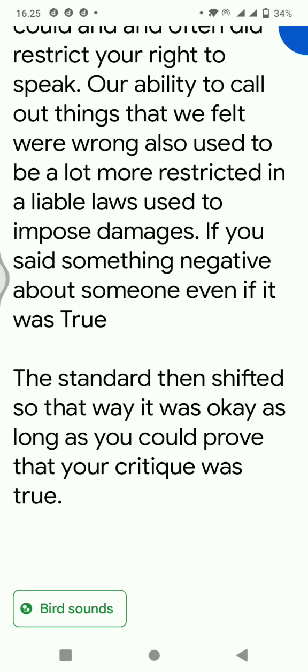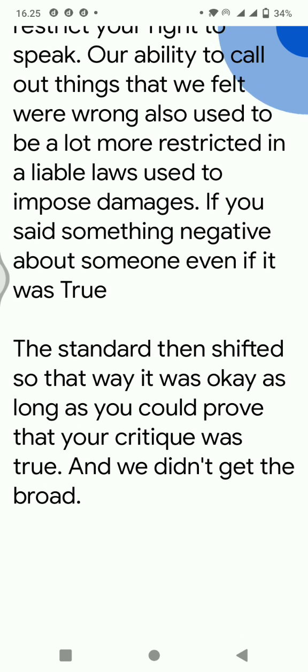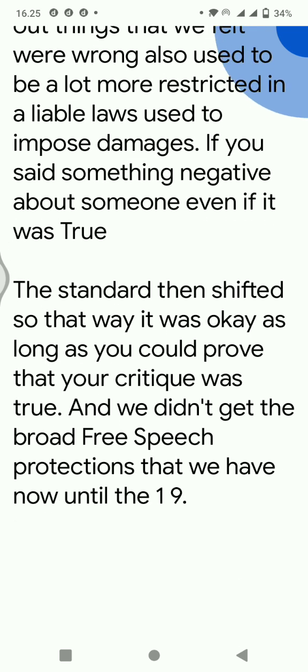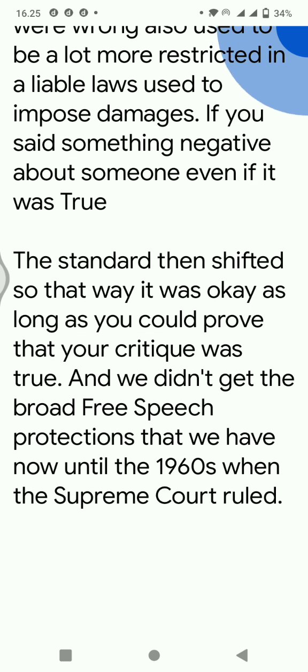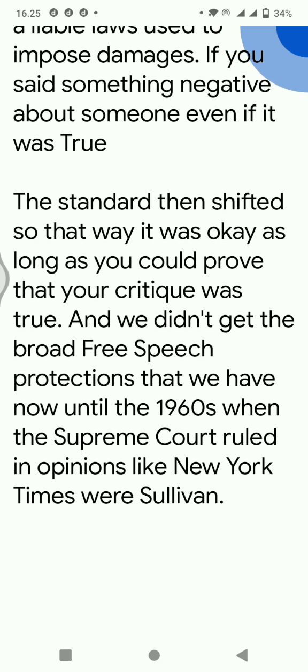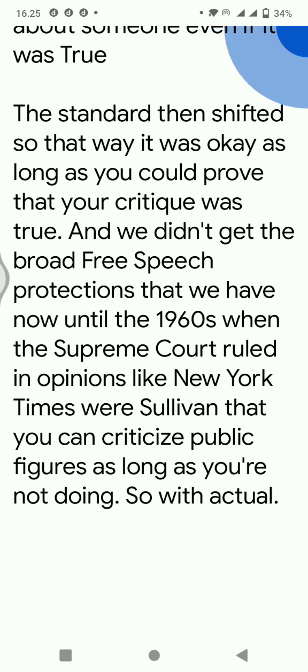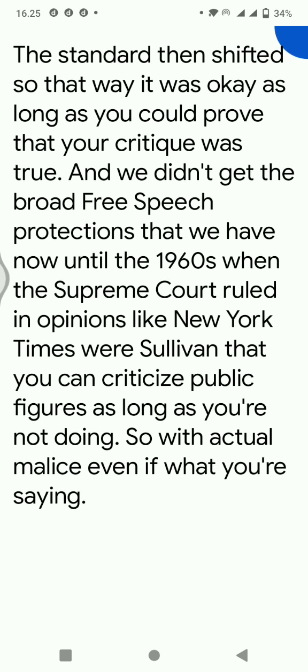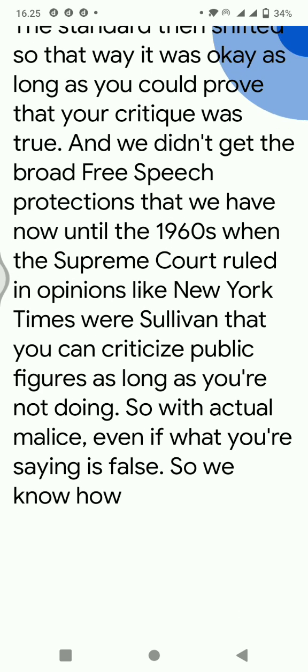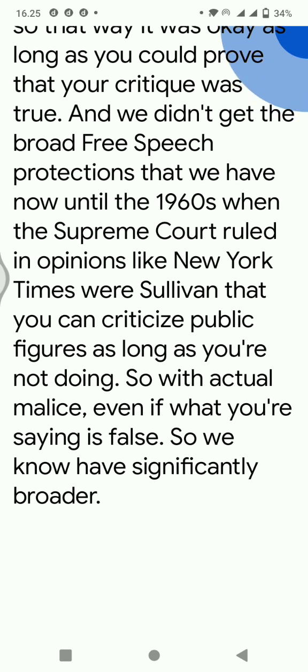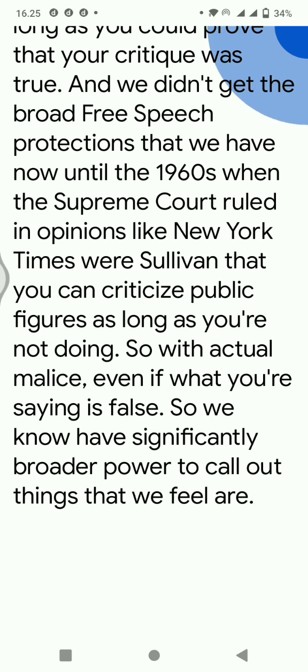And we didn't get the broad free speech protections that we have now until the 1960s, when the Supreme Court ruled in opinions like New York Times versus Sullivan that you can criticize public figures as long as you're not doing so with actual malice, even if what you're saying is false. So we now have significantly broader power to call out things that we feel are unjust and share our own